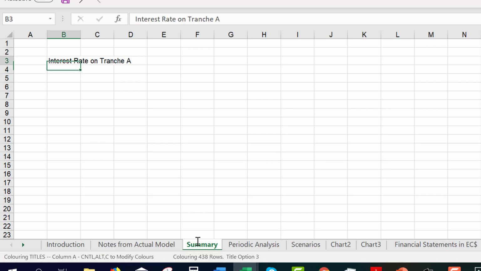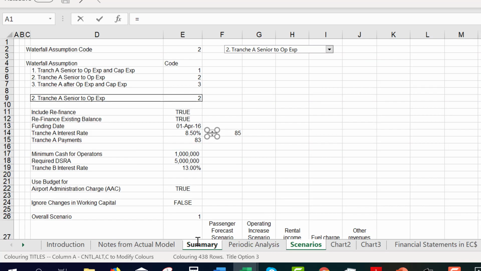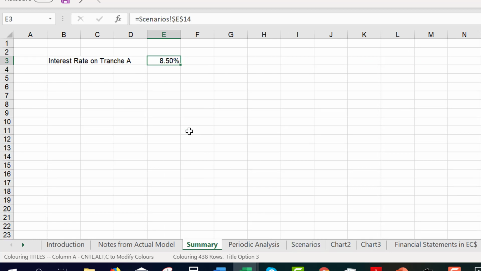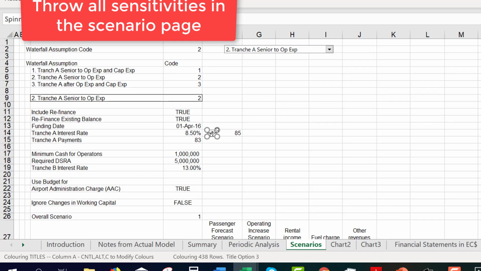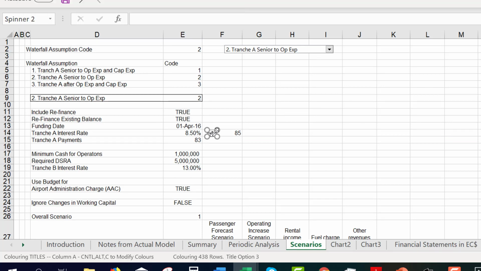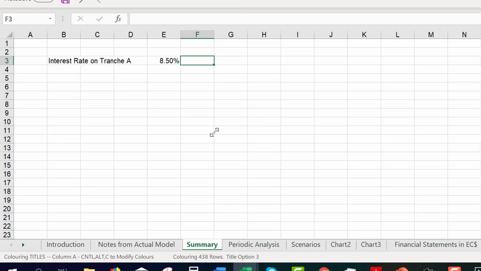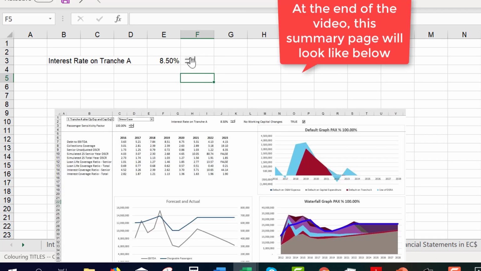So this is the senior tranche. We'll take it from the scenario page, and I think you can see what happens if we charge a higher interest rate.